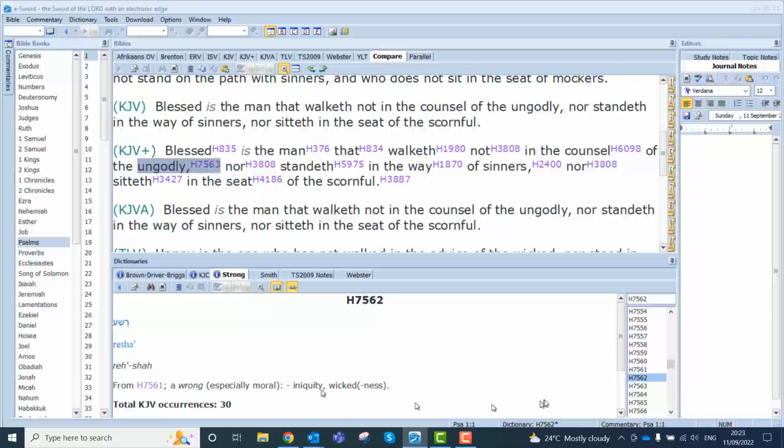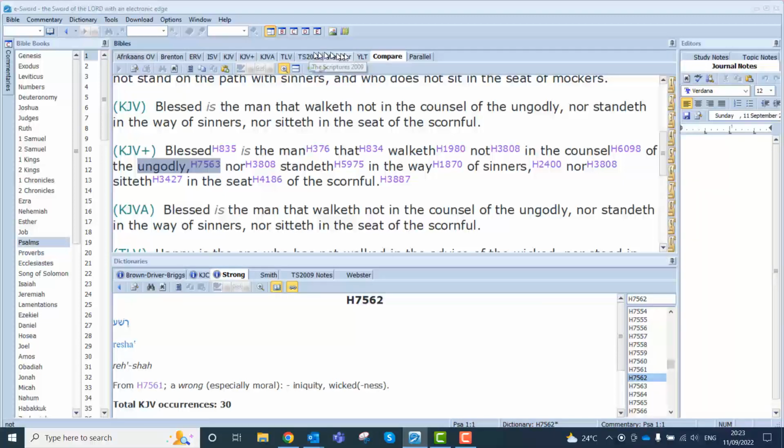Which means it's against Torah. So to be ungodly is when you research a little bit deeper than just the standard, you can then find that it's got to do with lawlessness. But you must also, when you download the e-Sword,